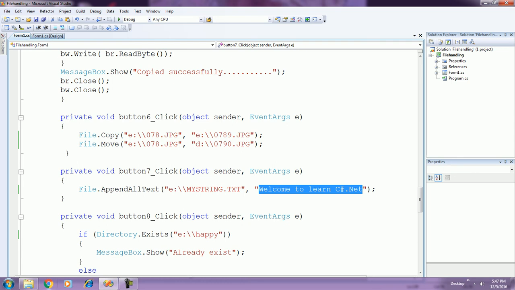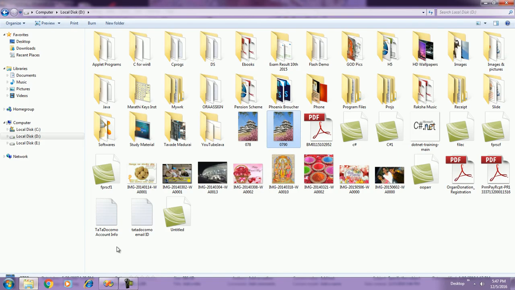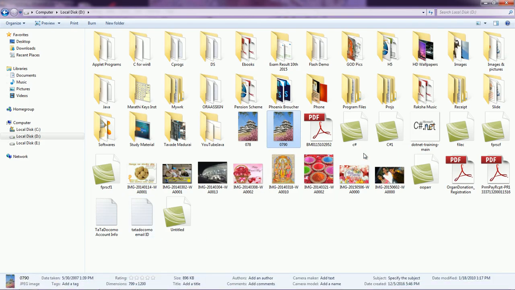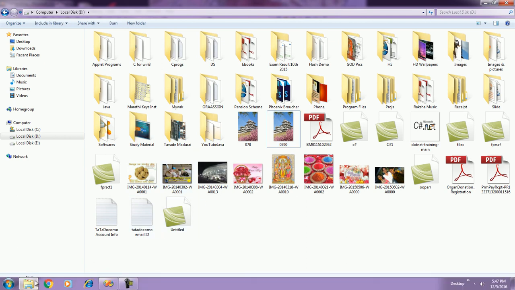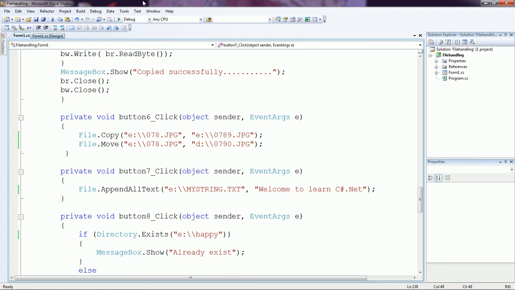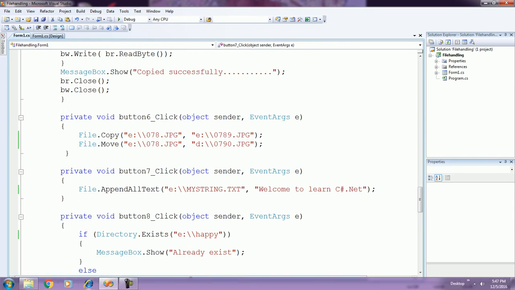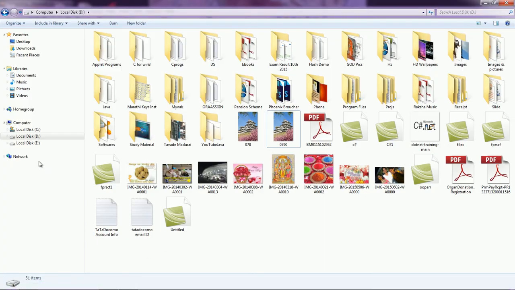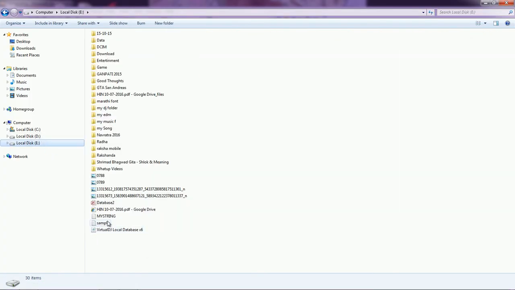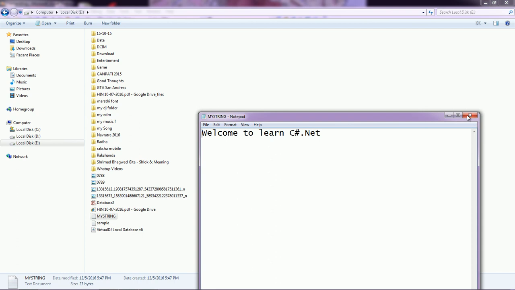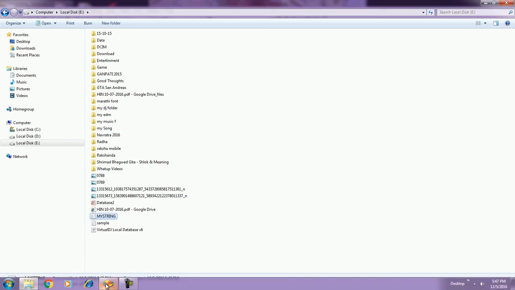But in this file we have already stored the same string. First, let us locate the file, append file. Okay, now the file is located at the E drive, mystring. And again, if you